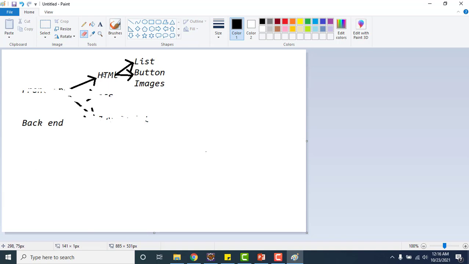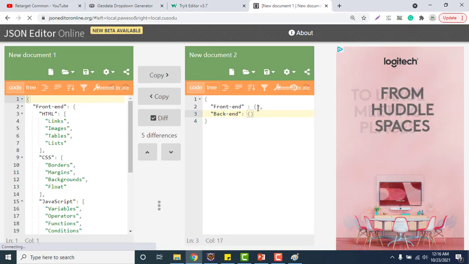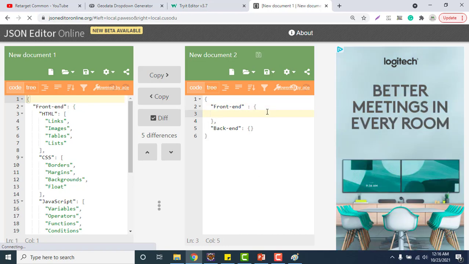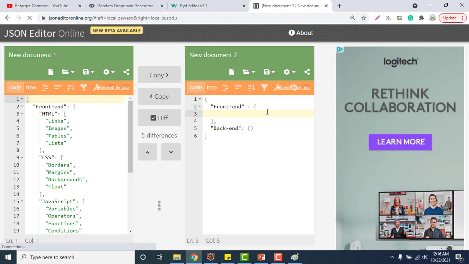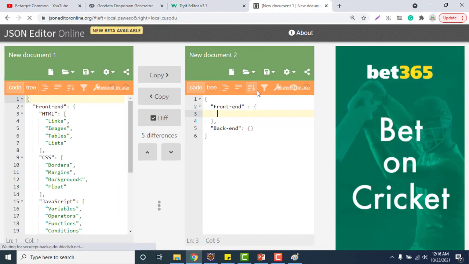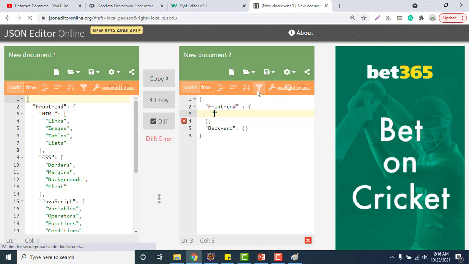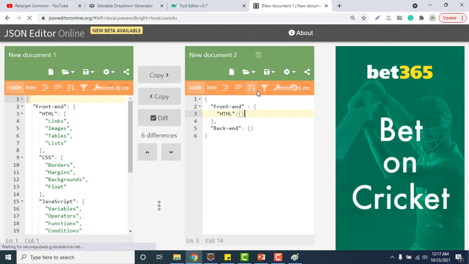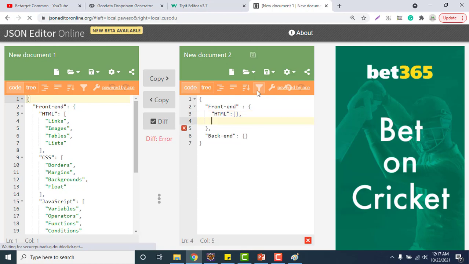Front end will hold values like HTML, CSS and JavaScript. So inside front end we will have another three keys. If you see here, inside front end we have three values, HTML, CSS and JavaScript, which we can treat as keys. You need to have the same format. I don't know yet what type of value it is, but let me put a JSON object for now. Then we have CSS and JavaScript.